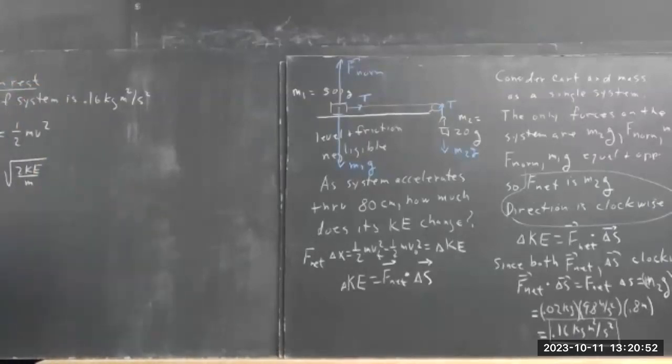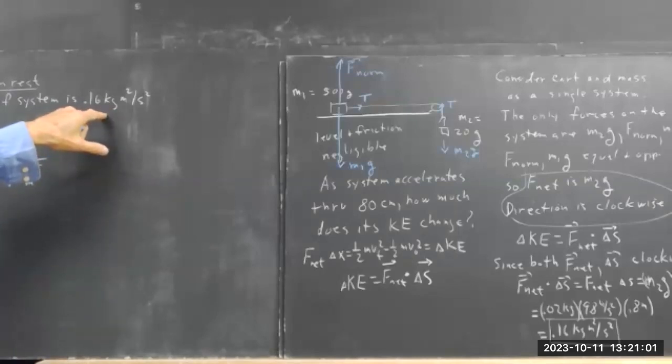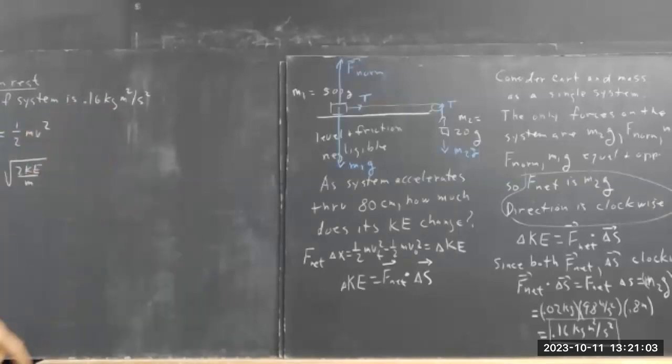Now this is, if we start from rest, the kinetic energy is this, okay? If we start from a different velocity, we're going to get a different kinetic energy. And the velocity that we end up with is still going to be this. It's just that we're going to be doing this with a different number. Now from rest,